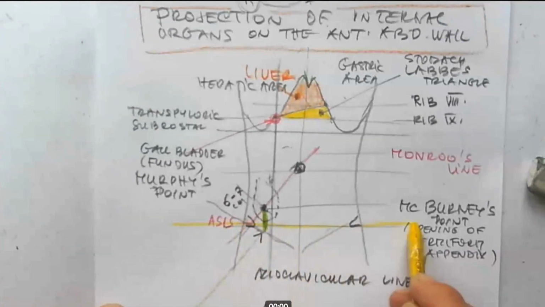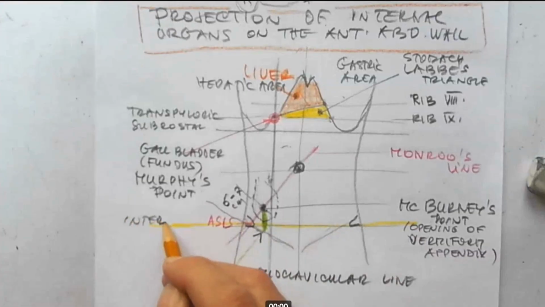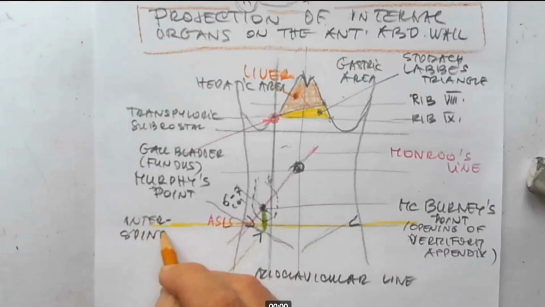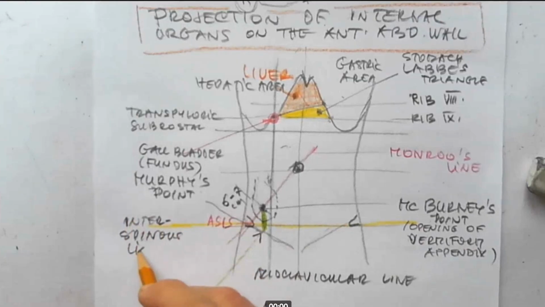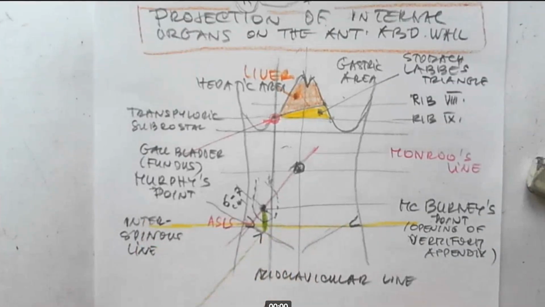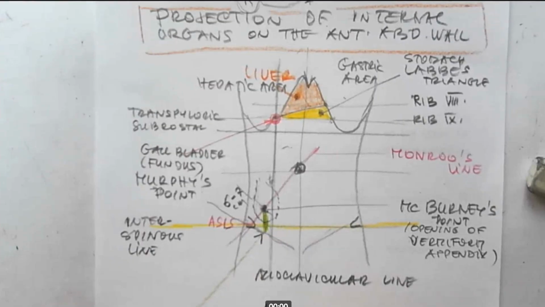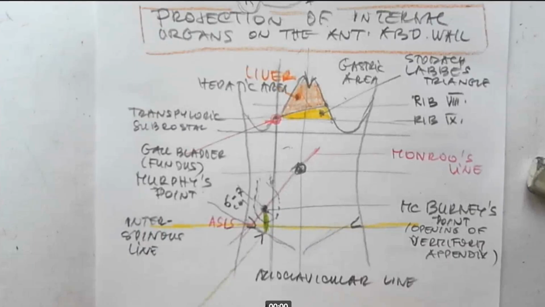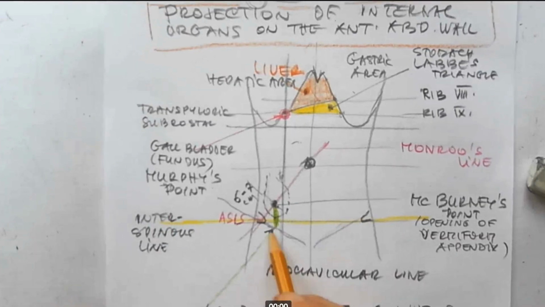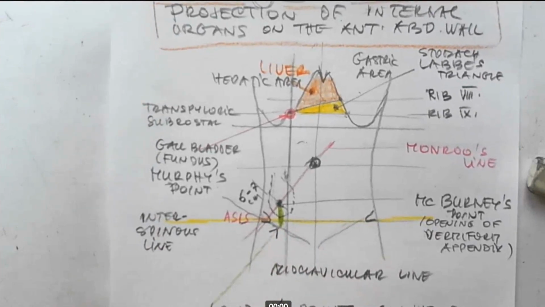So on this line is the interspinous line, and Lanz's point lies on the right one third of the interspinous line, where we can see the tip of the appendix